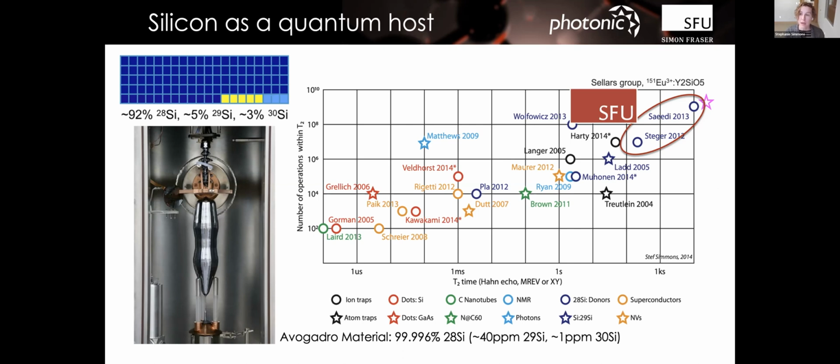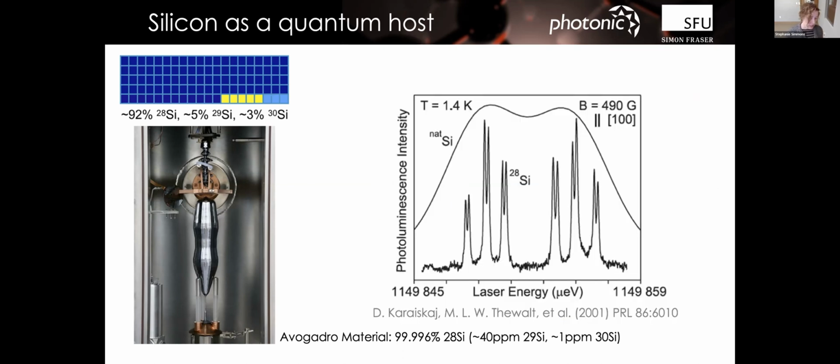That's where I came from. Moving to photonics was a different game. There were spins that had optical access, it's just very bad optical access. But again, by working with silicon, you can get this dramatic improvement in performance, not just from a spin lifetime perspective, but from an optical perspective.